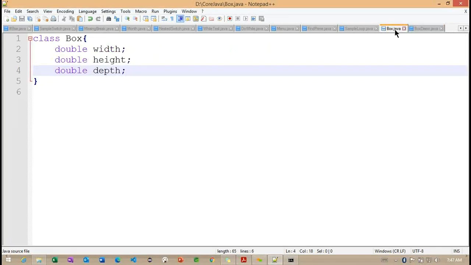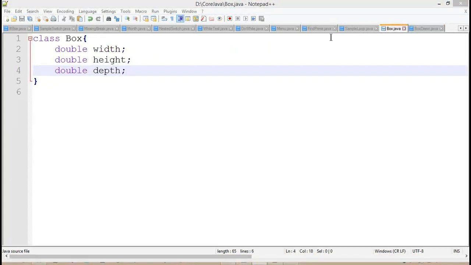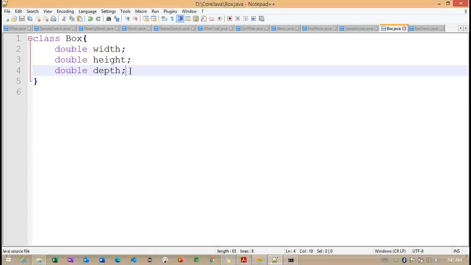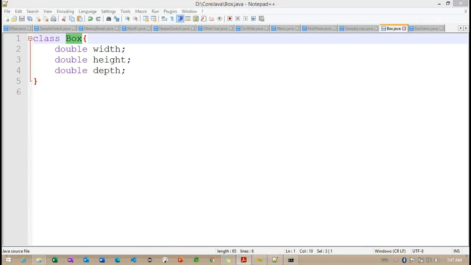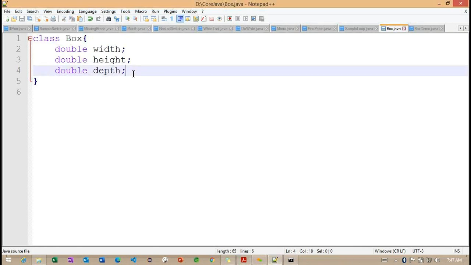Let me go to the same Box class here. Inside this Box class, I'm going to connect it with our methods. Inside the same Box class, we'll create a method. For the type of the method, we need to work out what data type we are going to use.